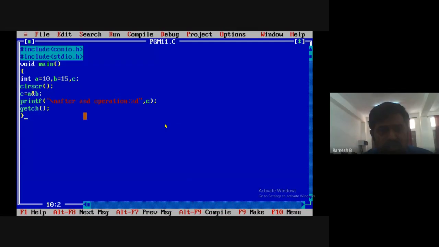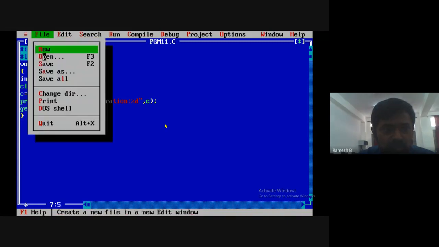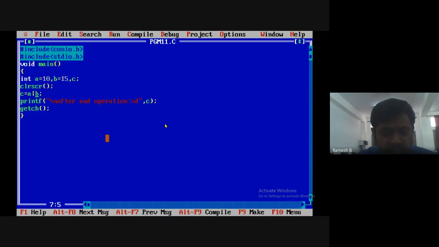Similarly, if you do OR operation, here we must give the OR symbol, or pipeline symbol. See the pipeline symbol, how different it is. I'm pointing to the pipeline symbol. Now A or B, I'll save it. I'll go to file, save, then compile it.